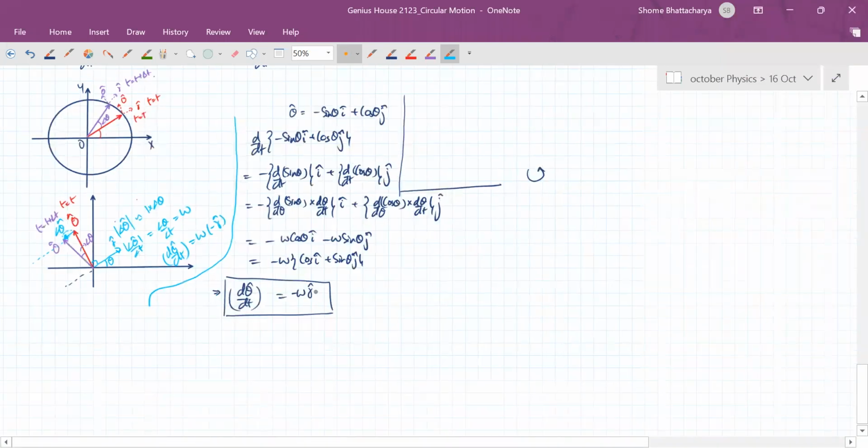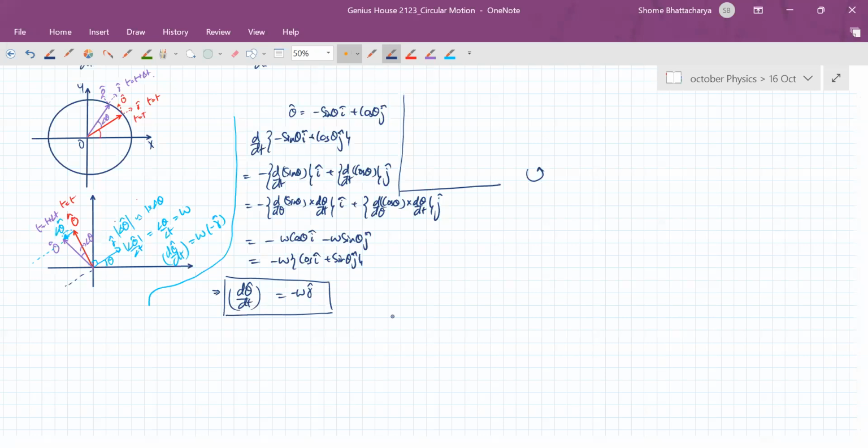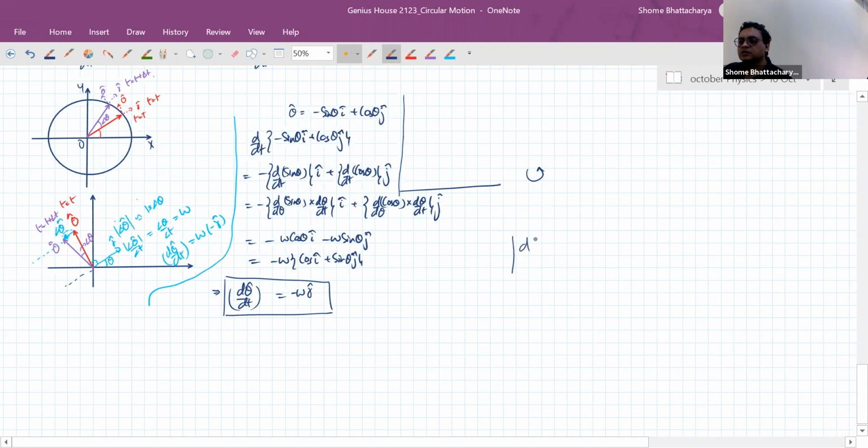Okay, so what you are asking is the significance of this minus r cap. So the rate of change, what's the direction of this rate of change of r cap? I understand in the vector diagram what's going on here, but I'm not able to relate it to this minus omega r cap. Okay, so see, it's not minus omega, it's the magnitude of the rate of change. This is not minus, this is omega only. The minus sign is significant because the direction of this vector, d theta cap by dt, is minus r cap.